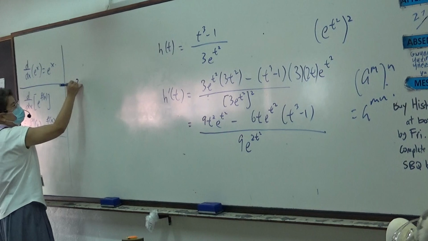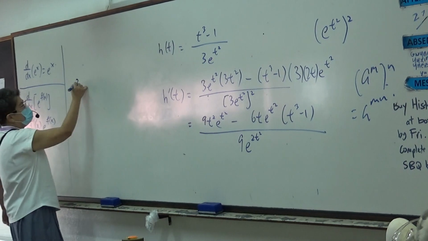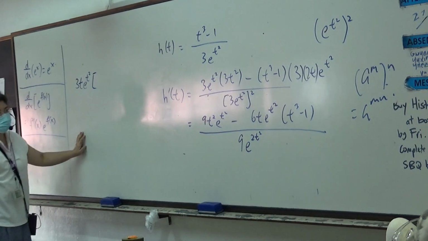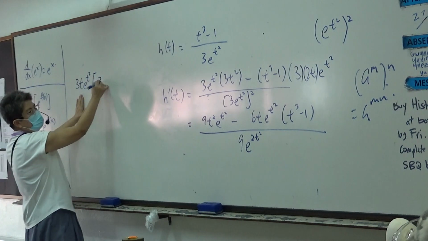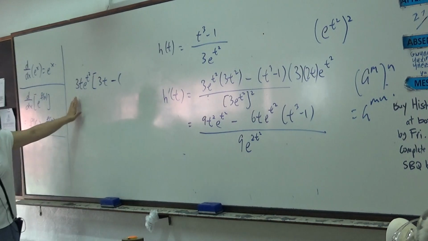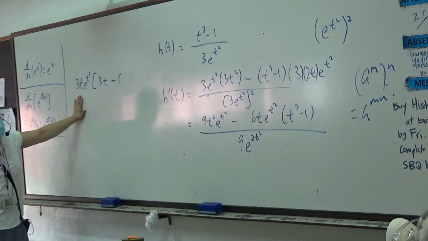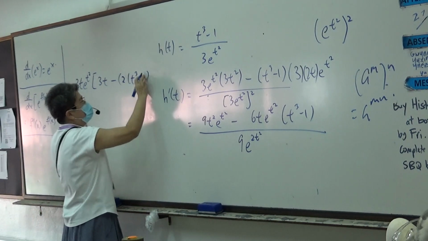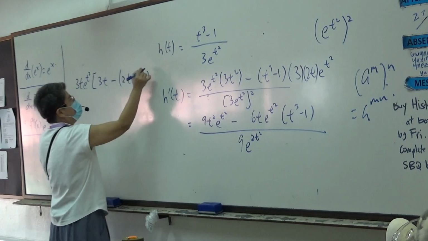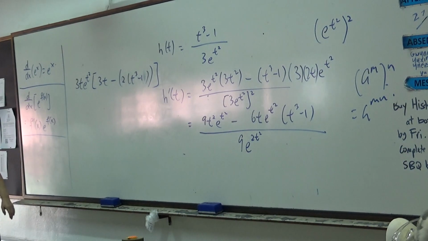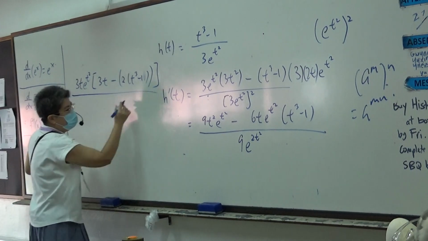3, okay? 3 what? 3t e squared, right? Okay, on top, left one. 3t, right, for the first one. How about the one behind? Left minus what? 2. Correct now? Am I right? Yes or no? Yes, huh? Okay. Then over